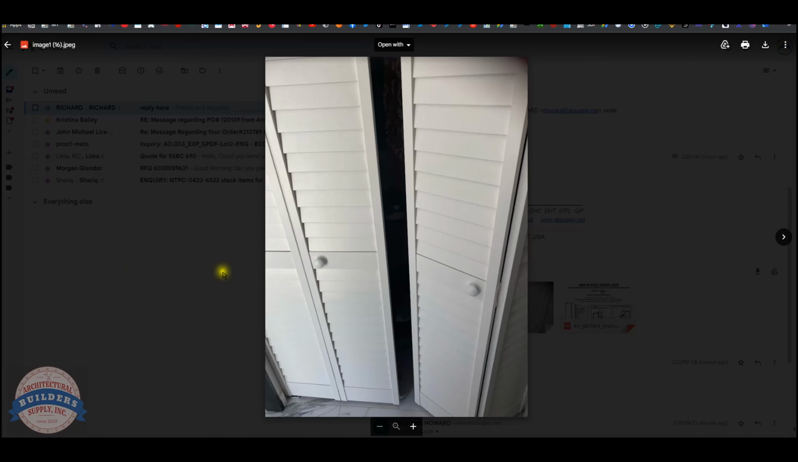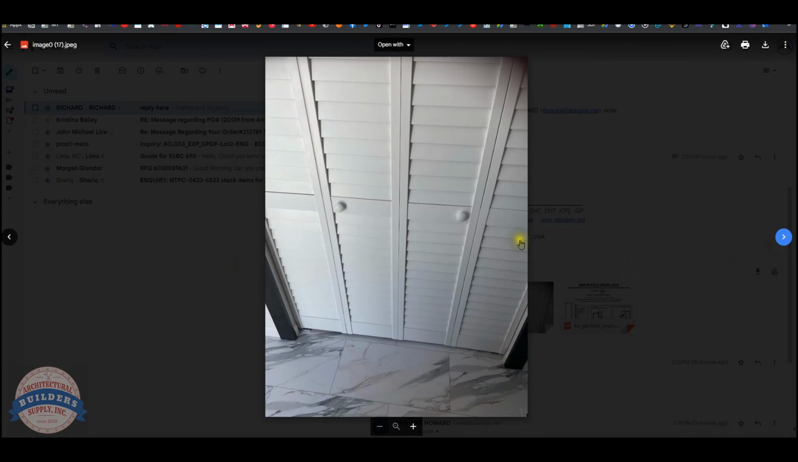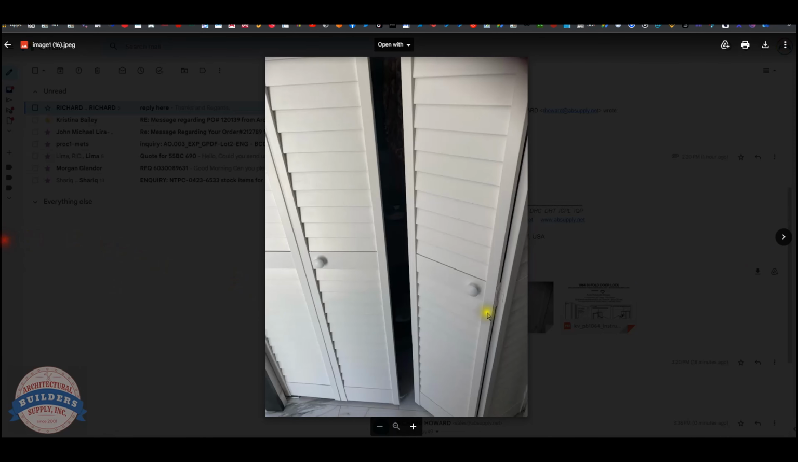So we have a client who wants to put a lock on this 4-panel set of bifolding doors. This is probably 4068, would be my guess. Each one of these are 1 foot. So the way that this would work is you would need, in order for it to work,